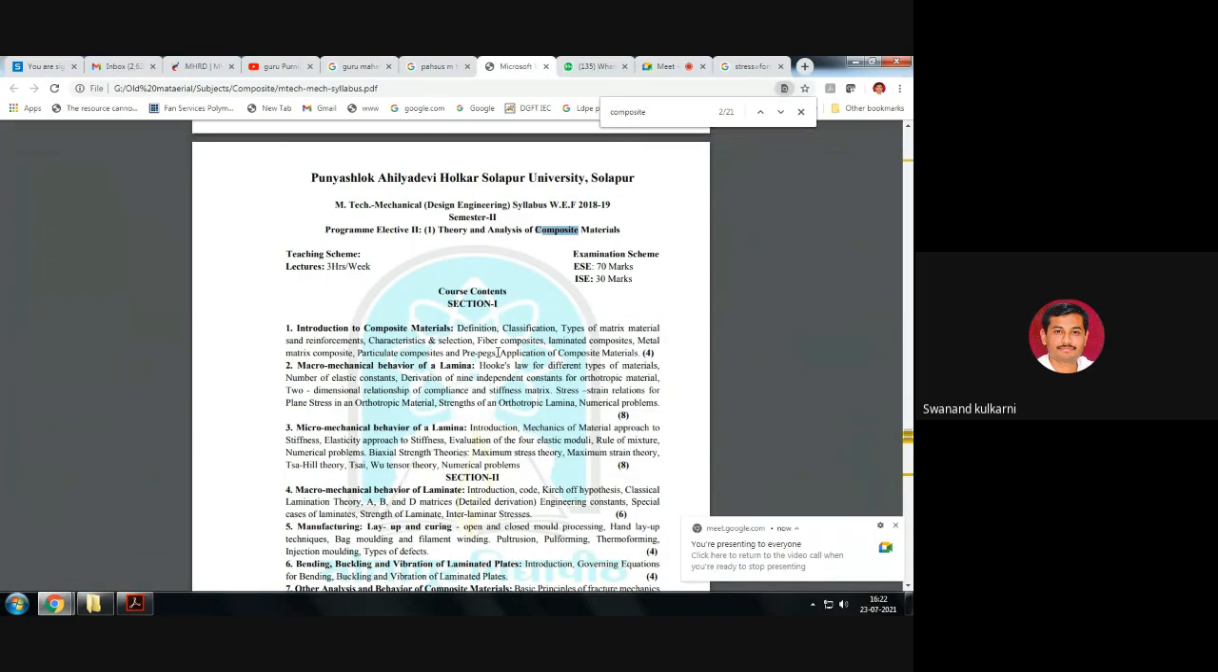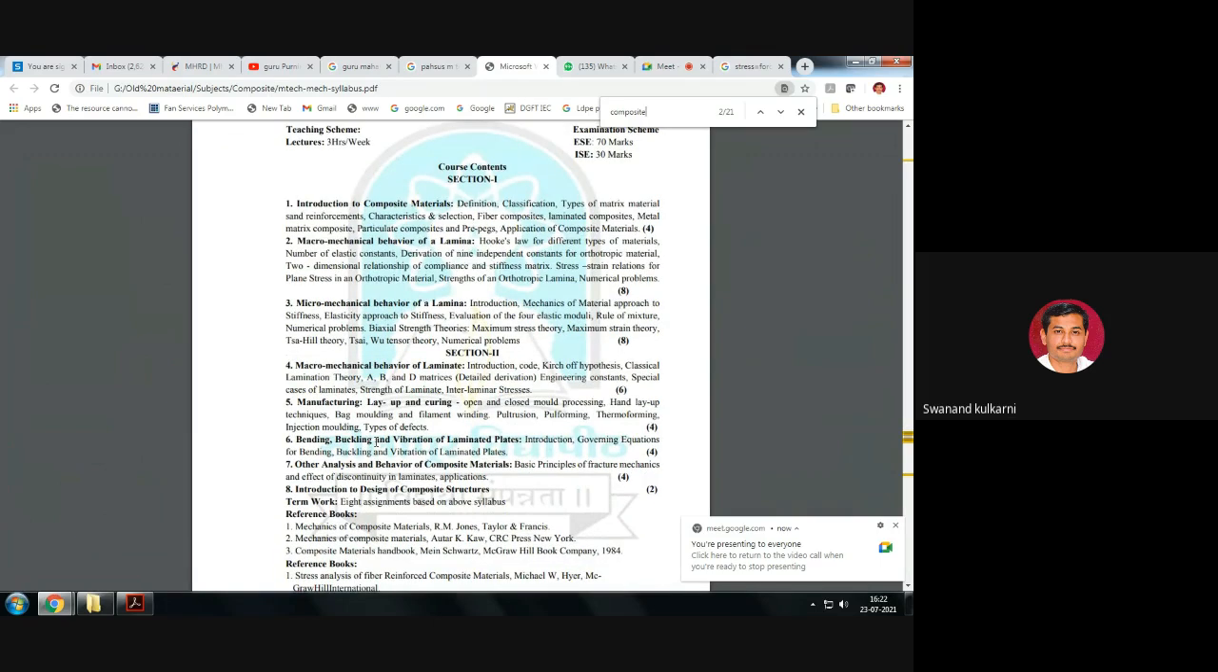So during last lecture, we completed the part of chapter 5, that is manufacturing, layup and curing. During last lecture, we have seen how composite materials are manufactured, which are various techniques to manufacture the composite materials when these are in the form of polymer matrix composite or fiber reinforced plastics, and when these are